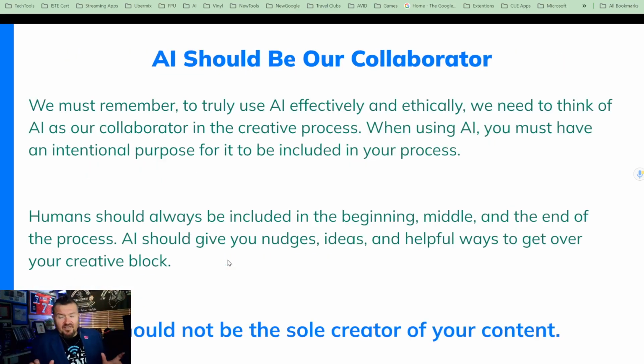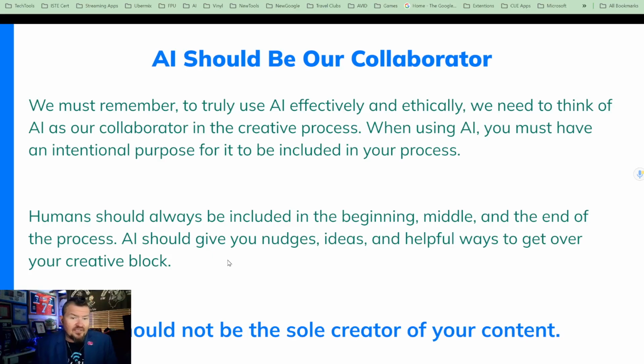Now, we also need to understand that AI is there to help us. AI should be thought of as our collaborator, right? We must understand that to truly use AI effectively and ethically, we need to think of it as our companion in the creative process. And when using AI, we need to think of the AI cubed model again, right? Using AI in intentionally and inclusive ways. We need to be intentional while we are including AI in our creative process, right? There needs to be a purpose